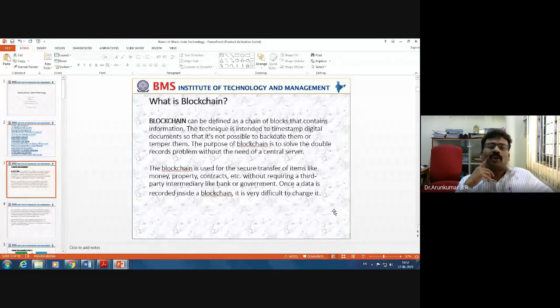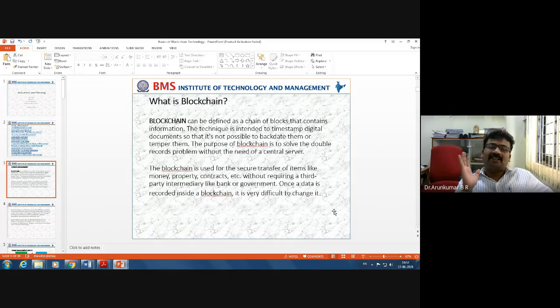But there is no consensus algorithm working here. That means validity of the changes is not going to be checked by anybody here. All the users will be simply entering the data that they need to enter.